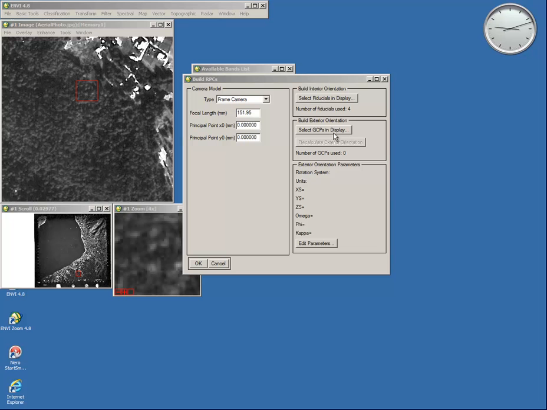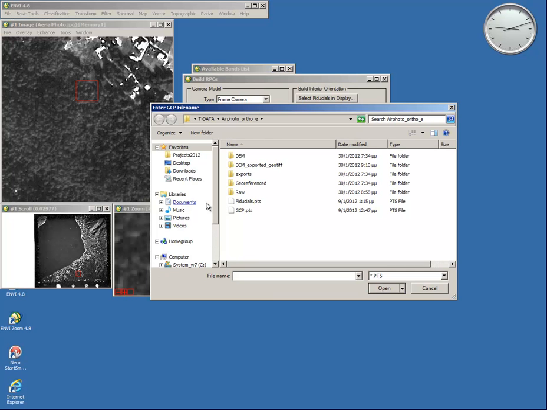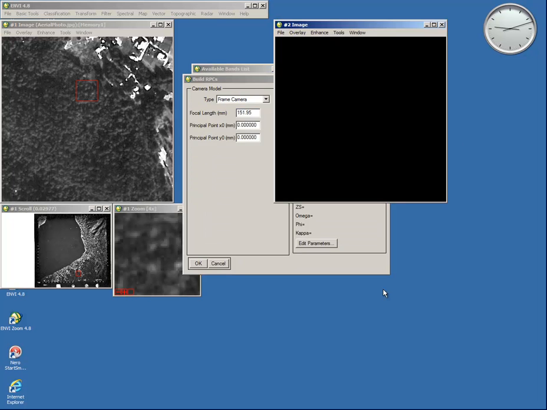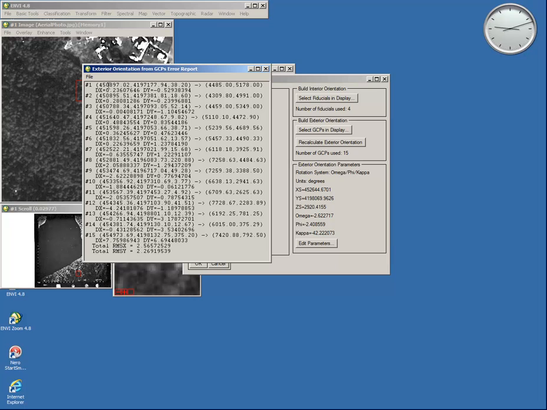Then I need to select GCPs for the exterior orientation. I will restore them from a file that has been created before. And I will export them to the RPC widget.